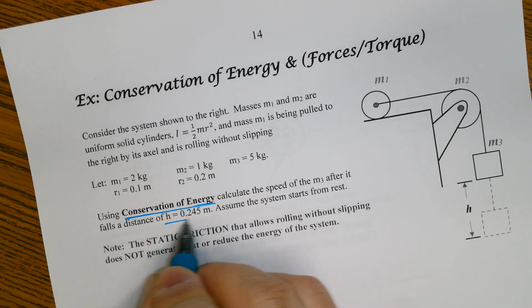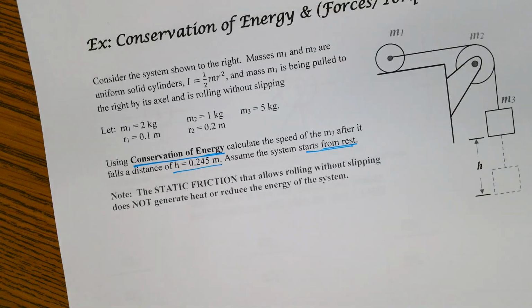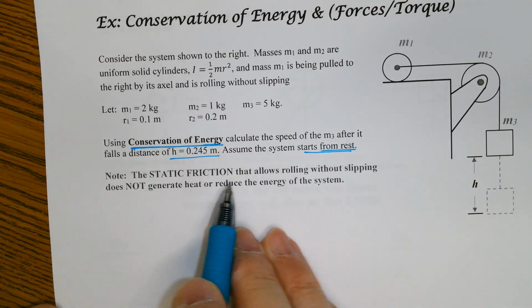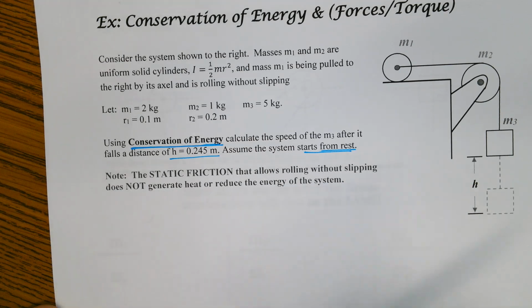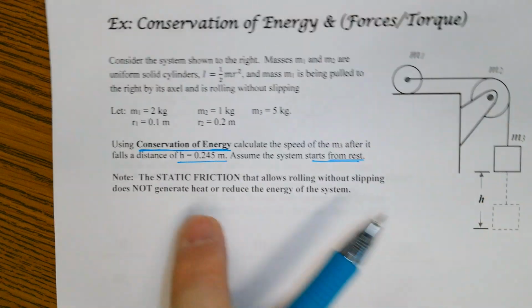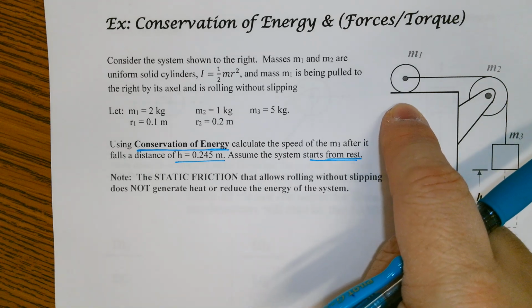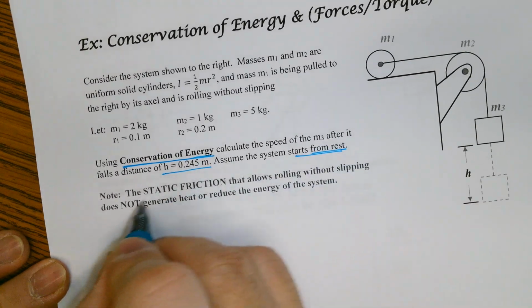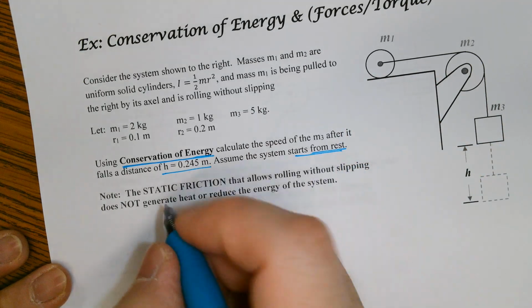So let's think about it. There's no work done by friction because static friction, which allows rolling without slipping, does not generate heat or reduce energy of the system. So I think I mentioned this earlier. The static friction to make this object roll does not contribute to work done by friction, remember? Right? It's good to know. Okay? So since we don't have any work done by friction, because nothing is sliding, all right, we can simply say